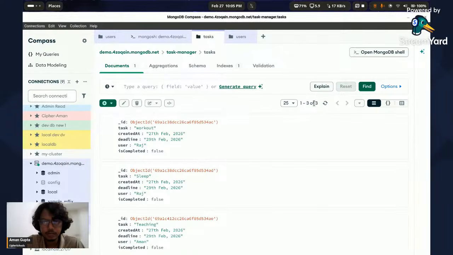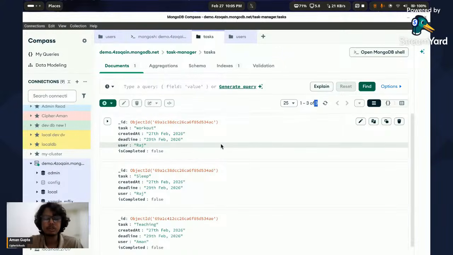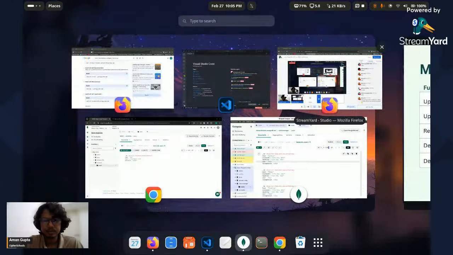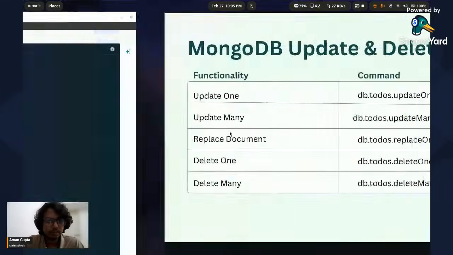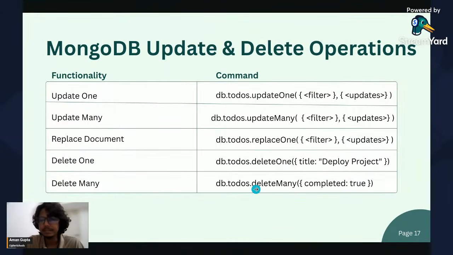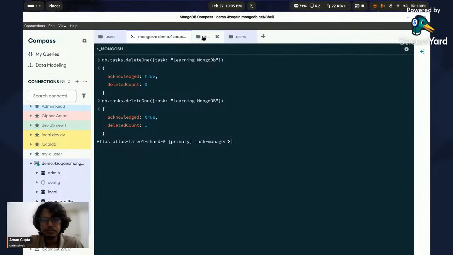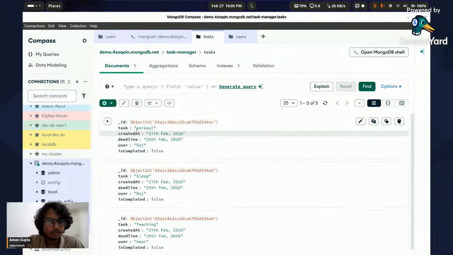If I refresh, now I'll have only 3 documents. Why? Because one has been deleted. So that is with respect to deleting a document. Similarly, you also have delete many. Okay, let's say,